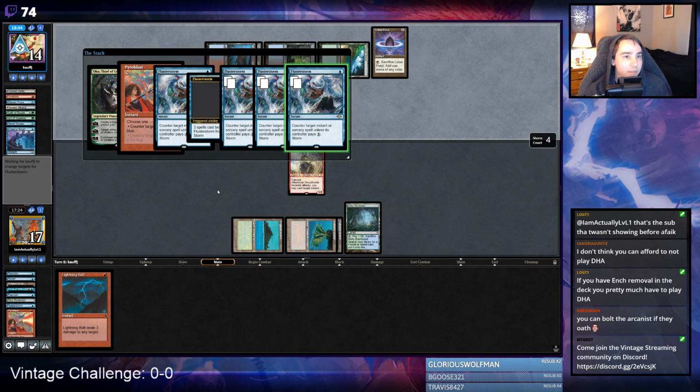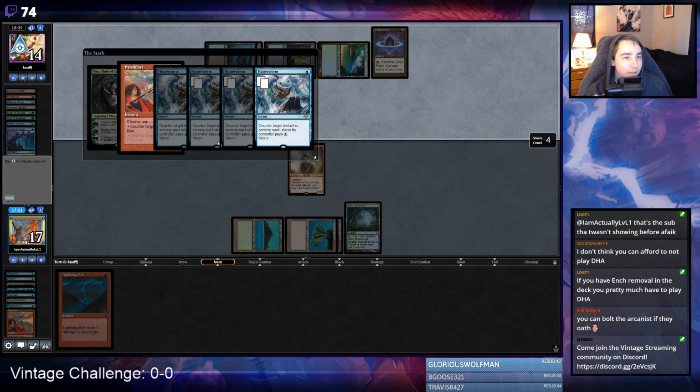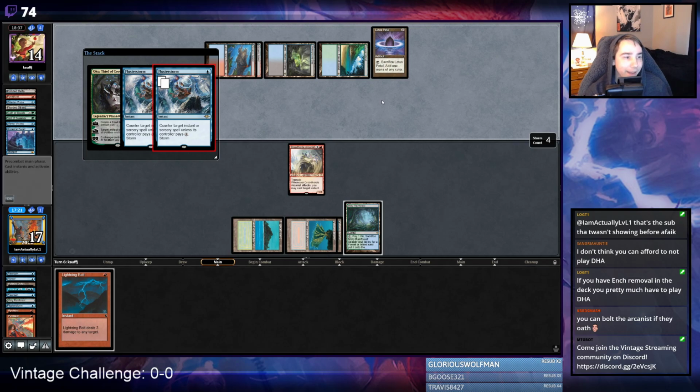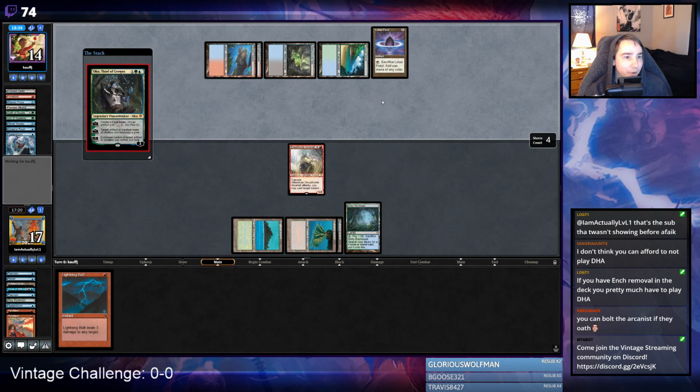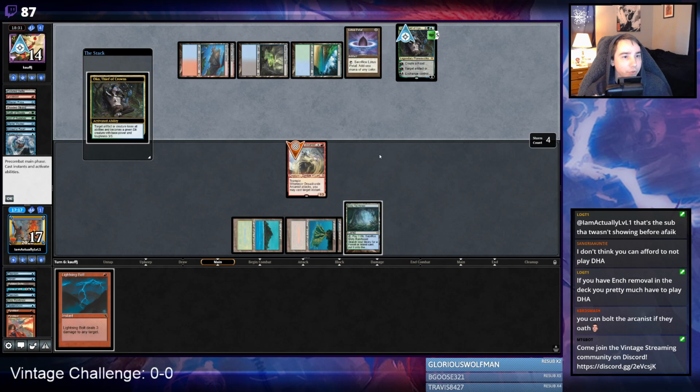Sure. I mean, this is not the worst thing that could have happened to us. So I'm actually pretty happy with this. If they're gonna stand up the Lotus Petal, it means our bolt actually gets turned on and we just kill this Oko, right? 5. No, we don't get to kill the Oko. We get to put the Oko to 1. So that's not that good. Or they're gonna just turn the Dreadhorde Arcanist. Okay, so what we'll do...